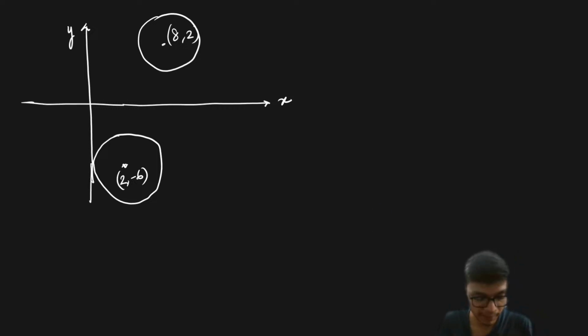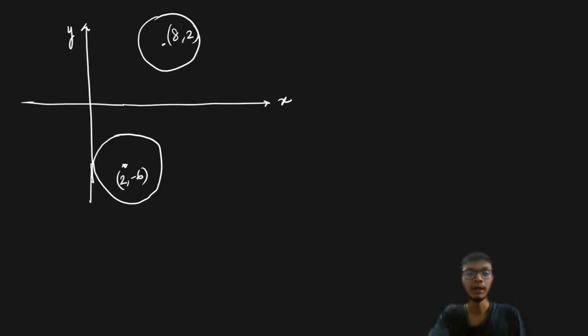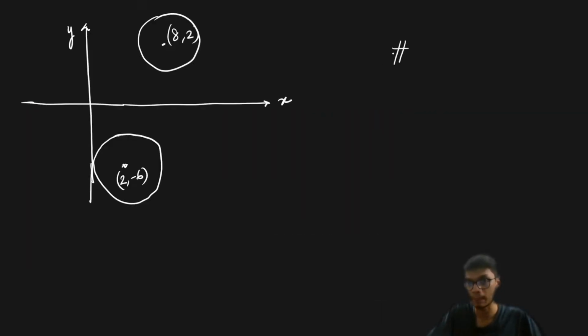So I hope this part is clear to all of you, right? Now it is said you have to find the minimum value of z1 minus z2, right? So in order to find the minimum value of z1 minus z2, I know that the shortest distance will always occur. This is a very interesting and important statement that you must know from the applications of derivative, that our shortest distance